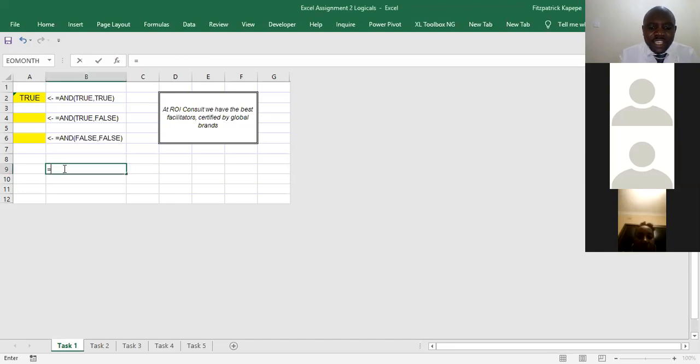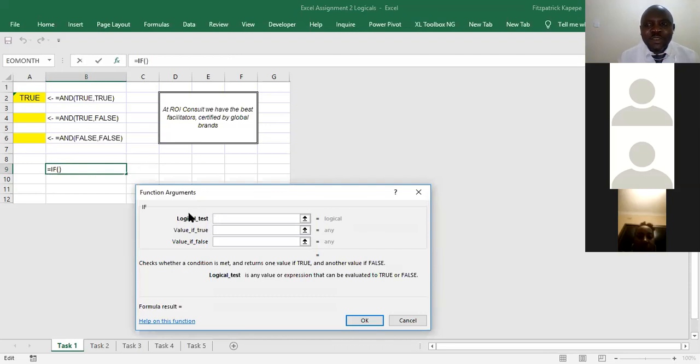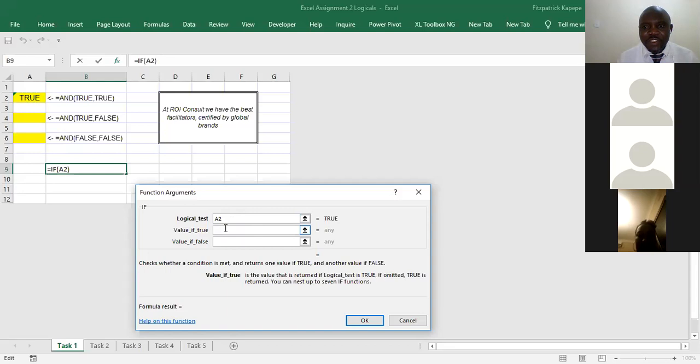So if we say equals IF, tab, Control A, we open like that. Here on the logical test, Tamara, always know that the logical test will either give you a false or true. That is what you want to find. It's a test. So in this case, we have true there. So we are saying if it is true,